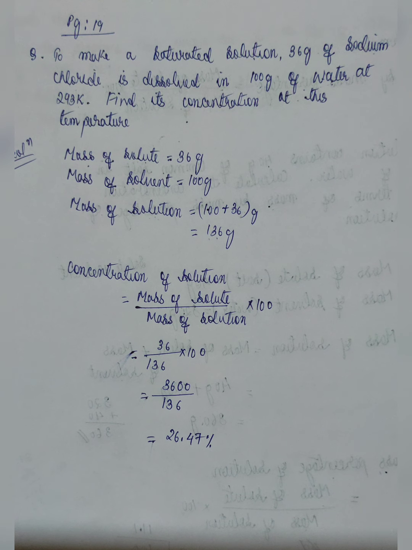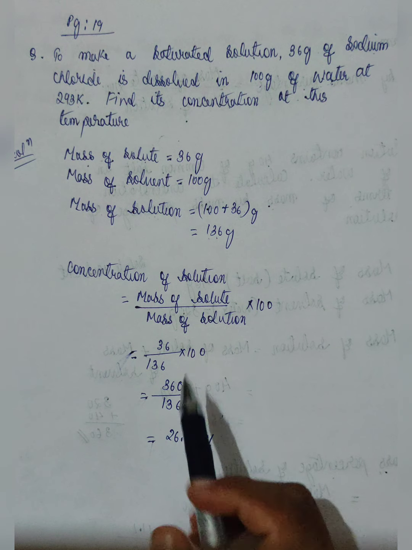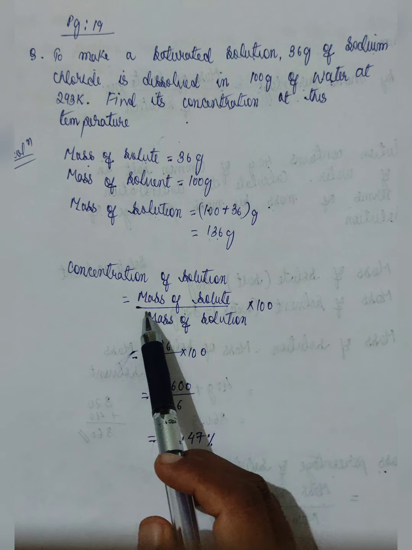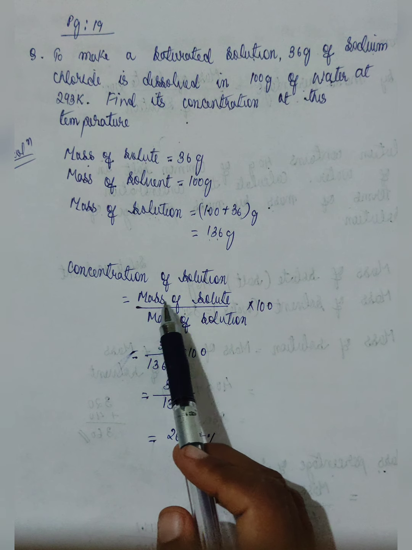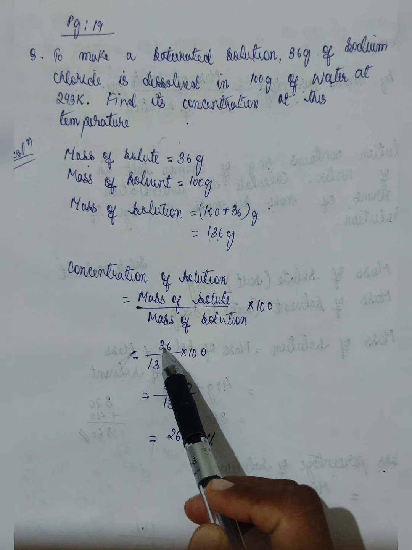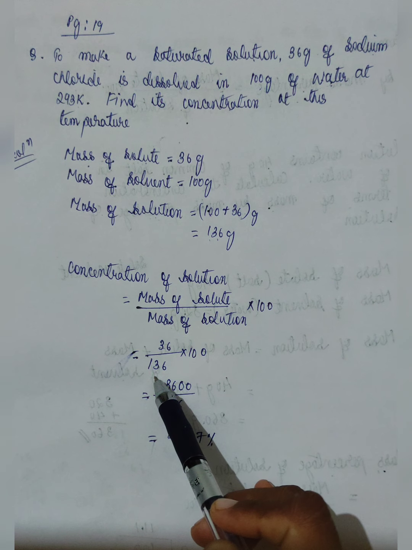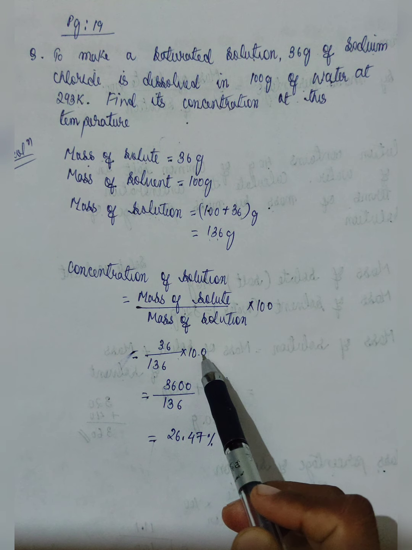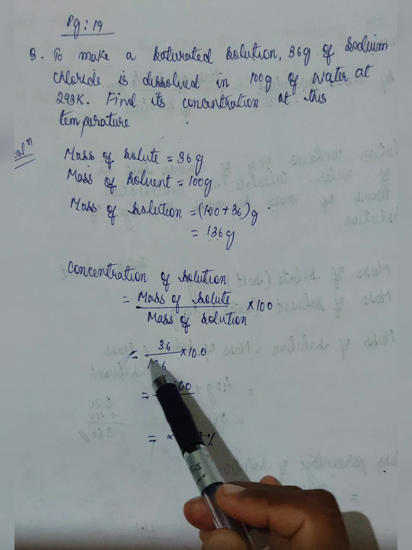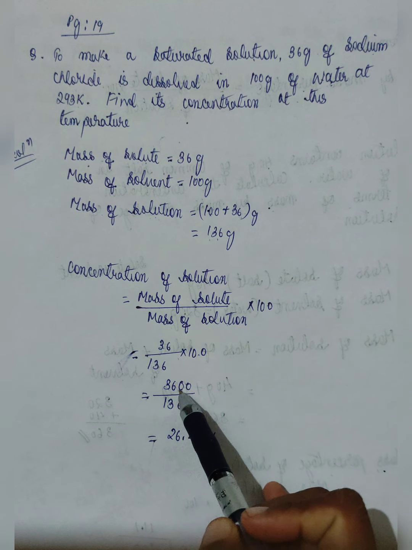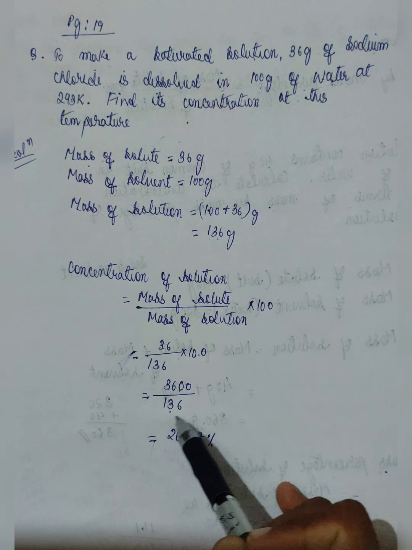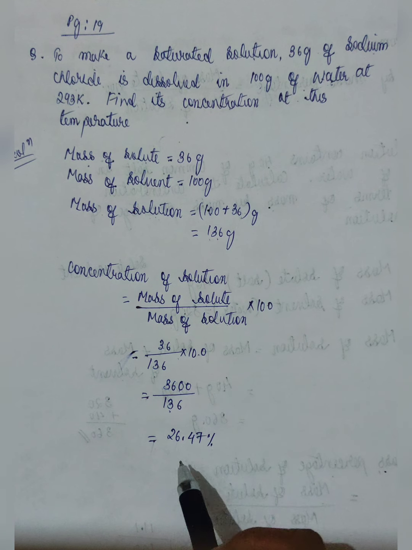So we are going to use the same formula, because mass by mass percentage and concentration are the same. So mass of solute divided by mass of solution into 100. Here mass of solute is 36, mass of solution is 136, into 100. It comes from the formula. You can divide it with the help of the multiplication table, or directly you can go for the division. So this division, please try to do. You will get your answer as